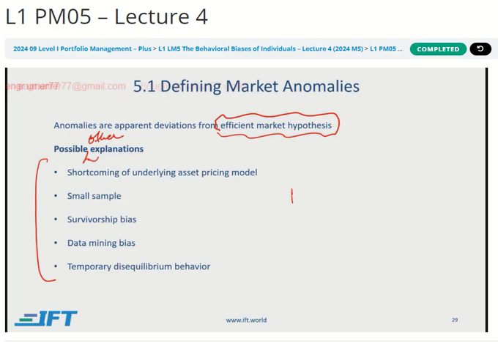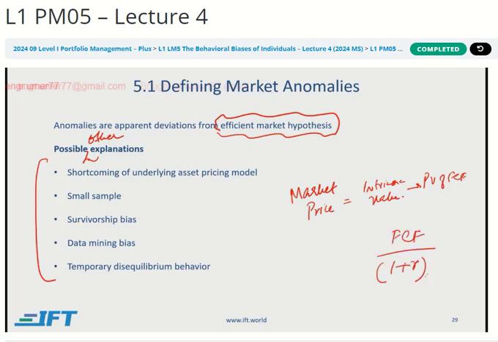First of all, if you're saying that the market price should be equal to the intrinsic value, well, how do we calculate the intrinsic value, right? What is the intrinsic value? Isn't it the present value of future cash flows, right? And how do you calculate the present value of future cash flows? You would take those future cash flows and you would discount them back to today. Now, the discount rate that you're going to use, where does that come from? If it's a stock that you're calculating the intrinsic value for, well, then it's equity, and this will be the required return on equity, which is calculated through the capital asset pricing model, right?